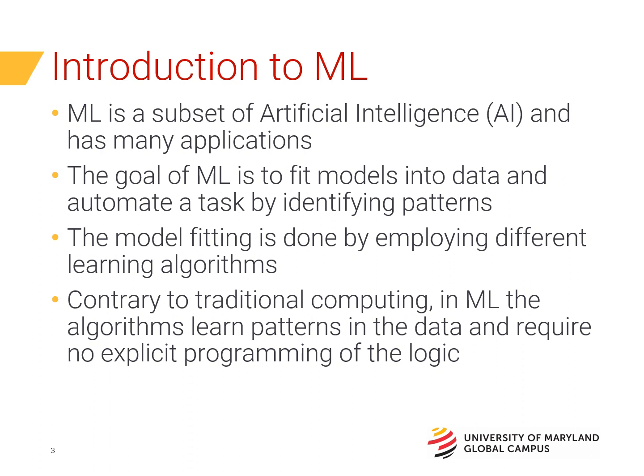These algorithms can be broadly categorized into three main types: supervised learning, unsupervised learning, and reinforcement learning. Each type has its own strengths and is suited for different kinds of tasks and data. Supervised learning algorithms learn from labeled data, where the desired output is known. The algorithm tries to find a function that maps the input data to the correct output labels. This type of learning is commonly used for tasks such as image classification, spam email detection, and predicting housing prices. Unsupervised learning, on the other hand, works with unlabeled data.